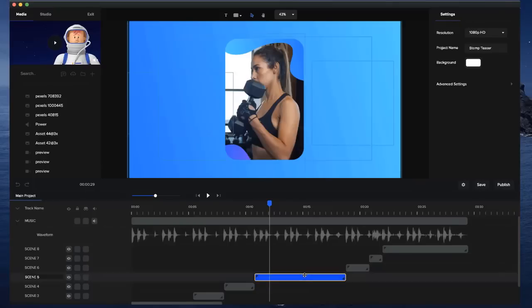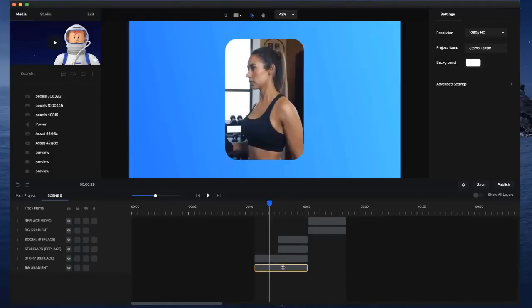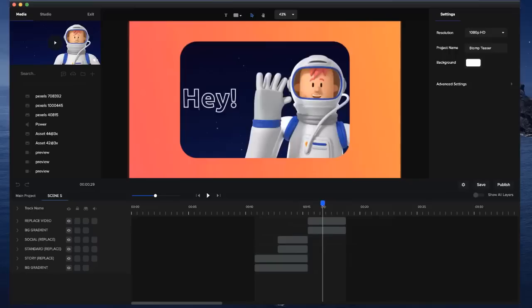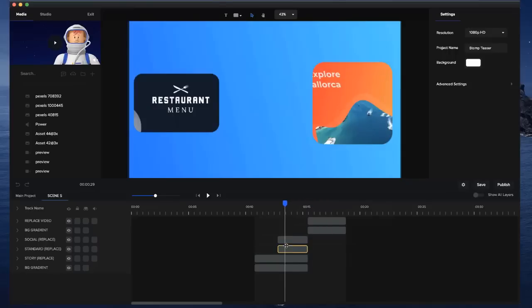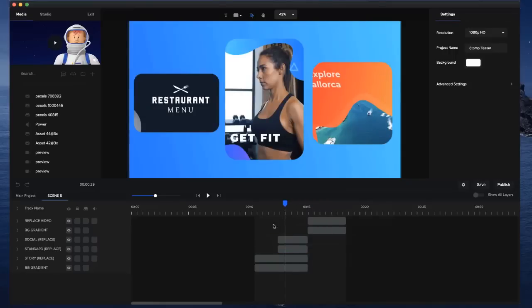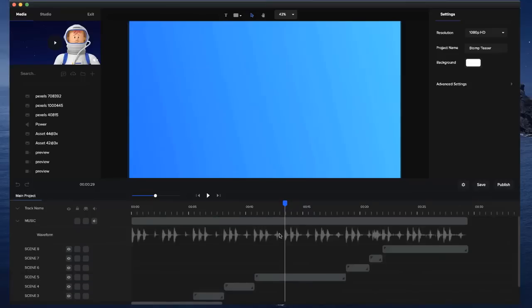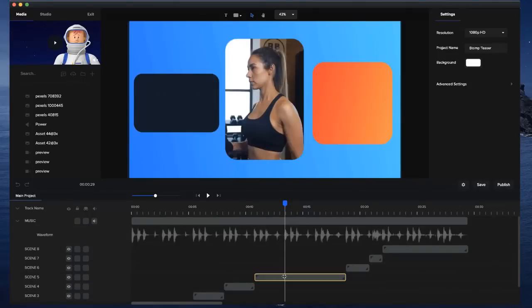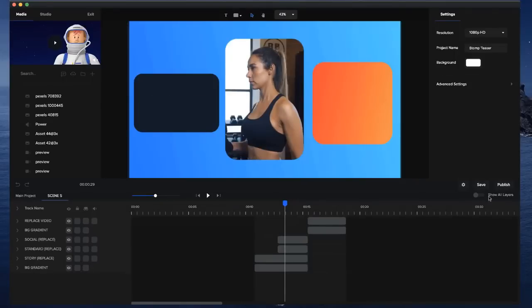And if we just go into this group here, you can see I've got my layers that are inside this group, okay, over here. But what I want to do is basically match up my layers with the audio track. And if I go back out of here, you can see I've got my audio track here, but the layers, I can't actually see them because it's not inside that group. So what you can do is basically go into your group, and then you'll see this option over here where it says show all layers. So if I just turn that on,